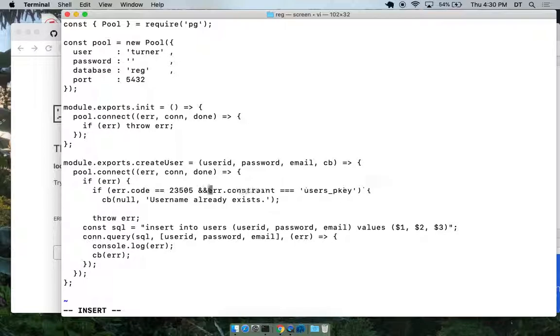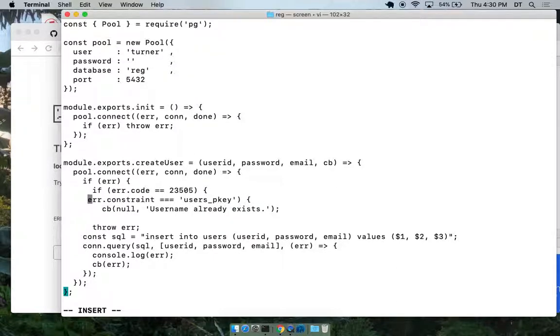Let me do it like this. If this is the error code, we'll check to see if the constraint is user's key. Otherwise, else if, what's the other one?